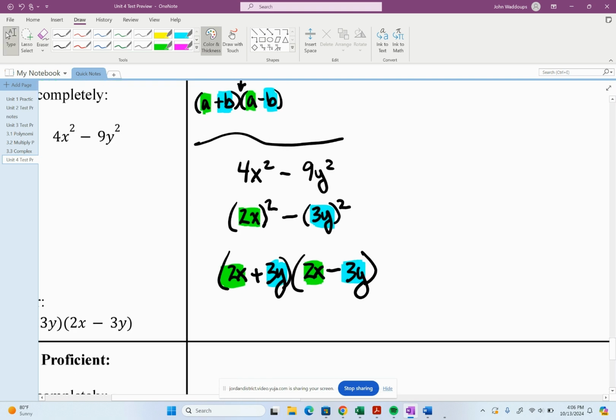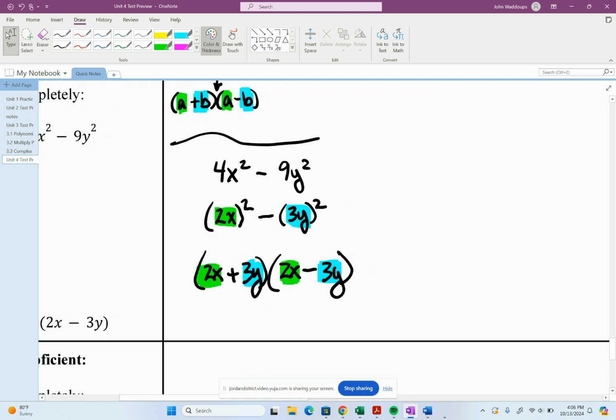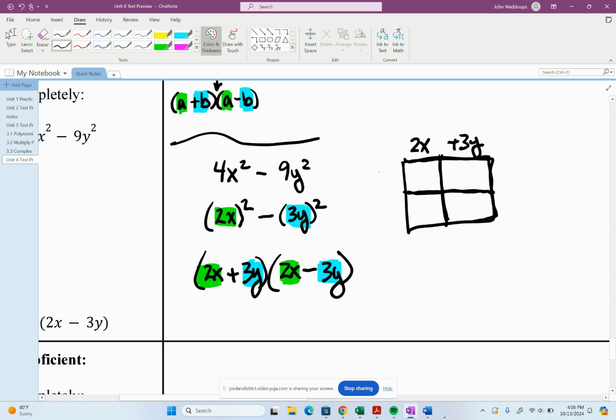And then you're like, I'm not convinced, I'm not sure if that's right. Well, remember that factoring and multiplying are just kind of opposite operations of the same thing. One is going one direction, the other is going the other direction. So if this is factored correctly, if I multiply them together, 2x plus 3y and 2x minus 3y, I can check to see that that's right,